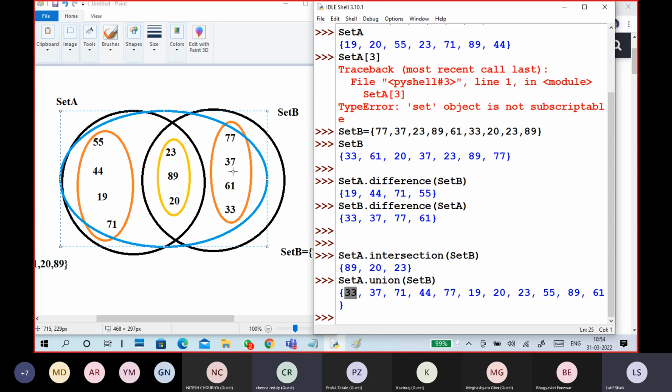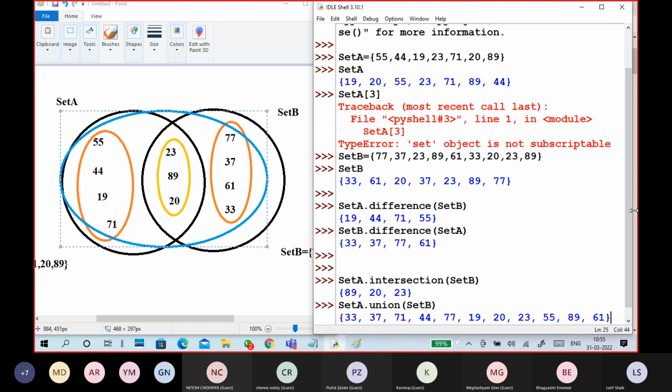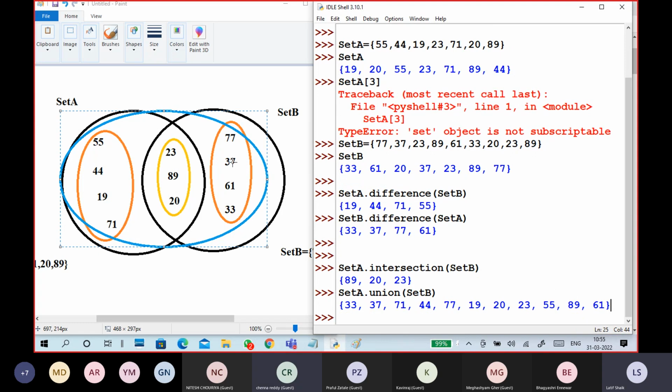Where is 33? 37, 71, 19, 20, 23, 55, 89, 61. 44 is done. So this is the union. Union means combination of all elements in both sets. Intersection, common data between both sets.